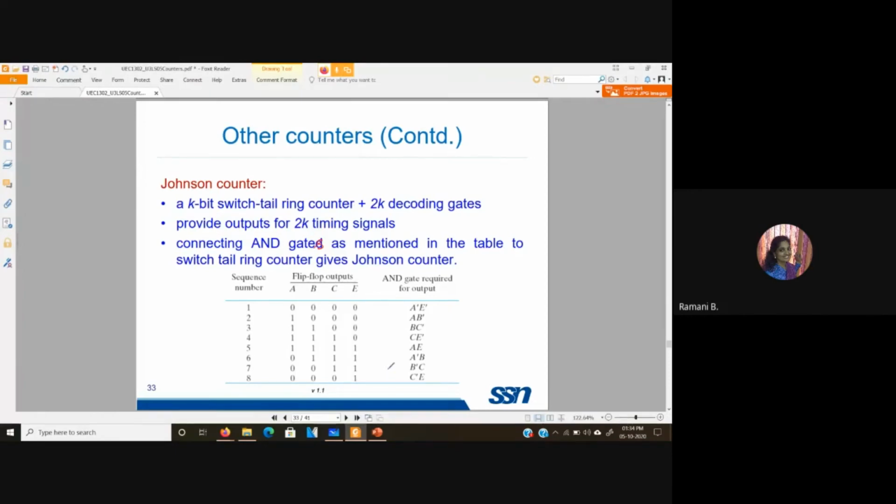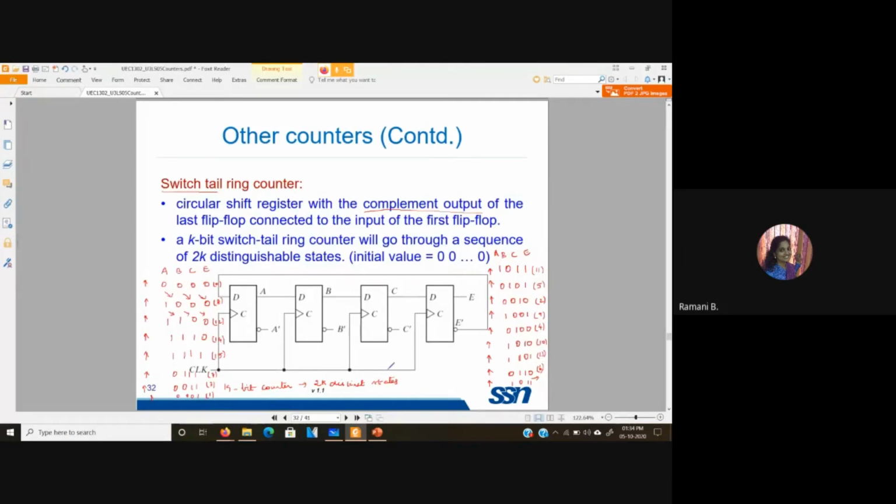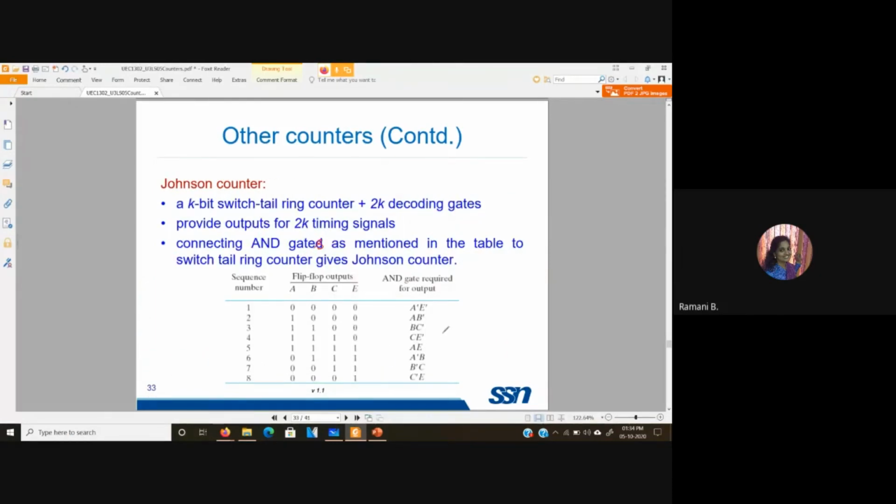So in case of Johnson counter, with the same switch tail ring counter structure, we use 8 AND gates. How this AND gate functionality is decided is, if you are going to have all the flip-flop outputs to be 0 or 1, you will be taking the last and first flip-flop. Here the last flip-flop and first flip-flop are E and A. Both the values are 0, so this is given as A bar, E bar.